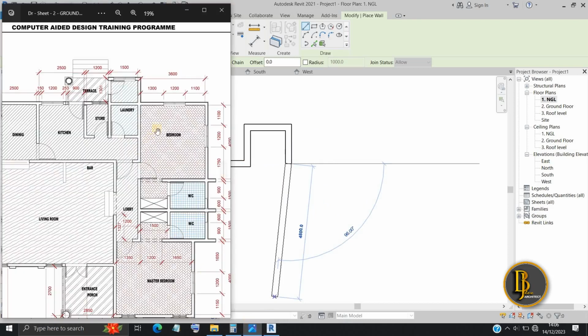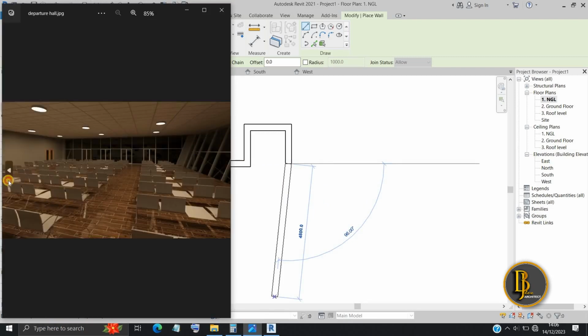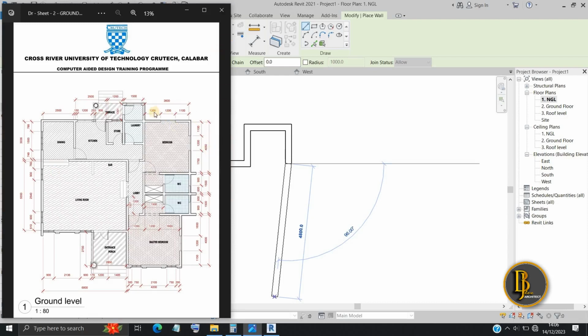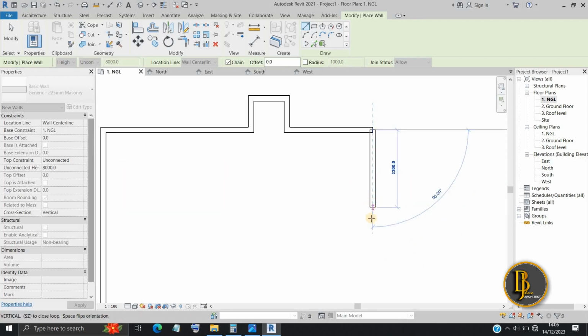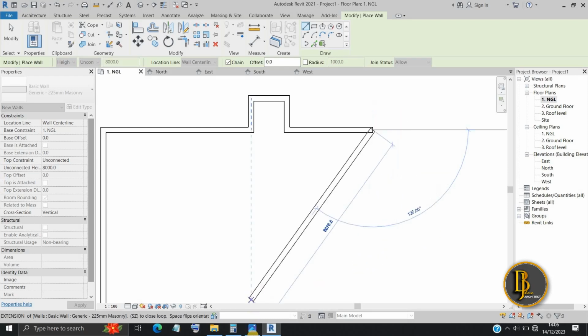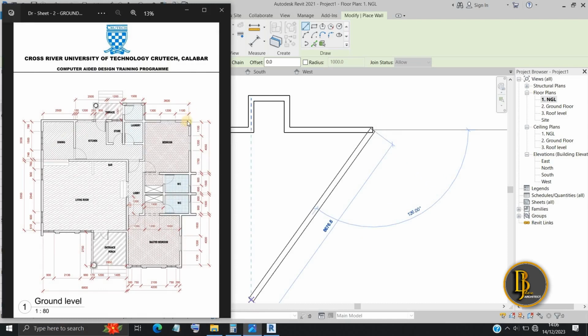Now what do we have again? We have the bedroom. The bedroom is about 3600. For that, let's create that 3600. Let's create the 3600 from here to here. 3600. Let's go. 3600. Press enter. Now let's create the bedroom, the length of the bedroom, this particular place, from here to this